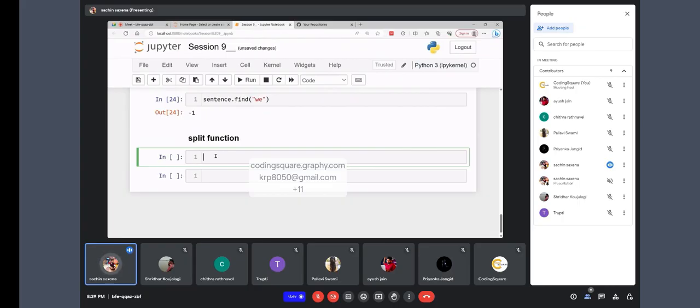So what exactly we are having, let's say we have sentence is equal to code, and let me have